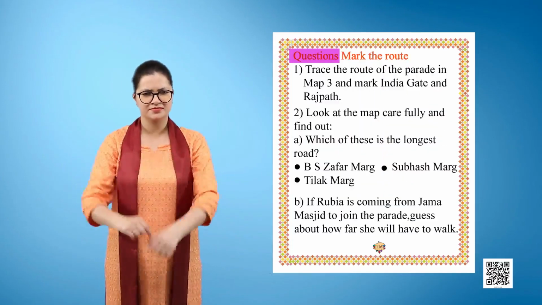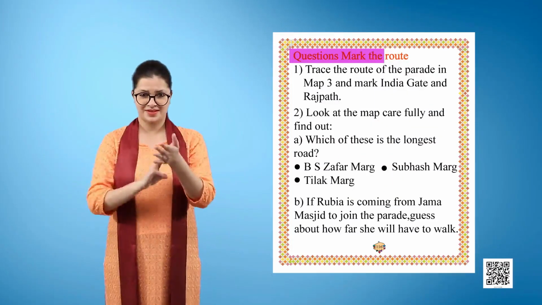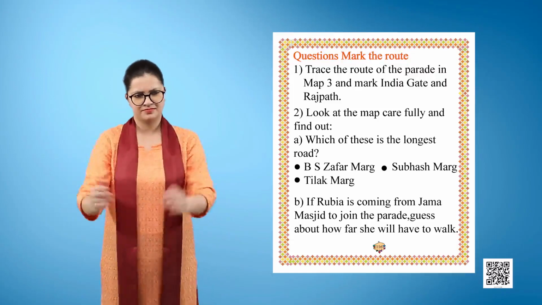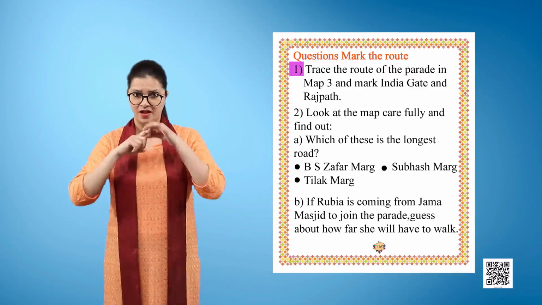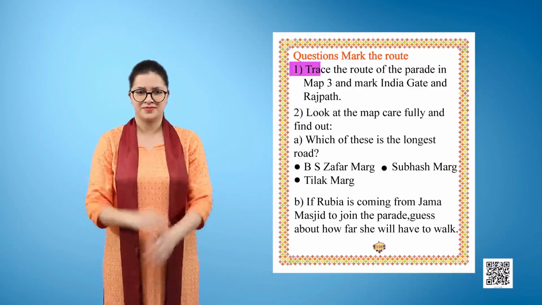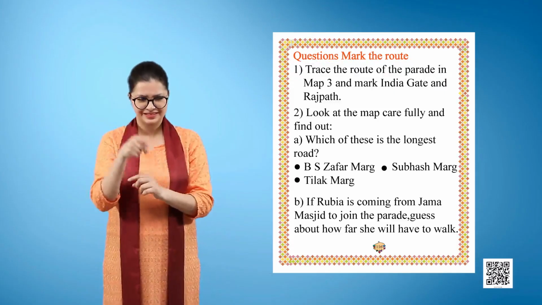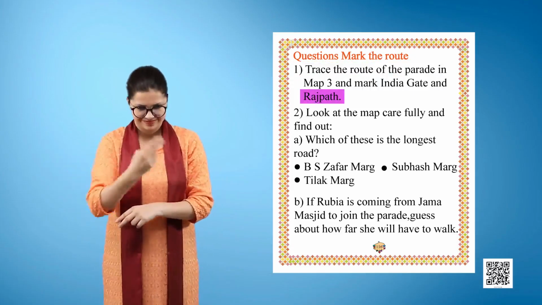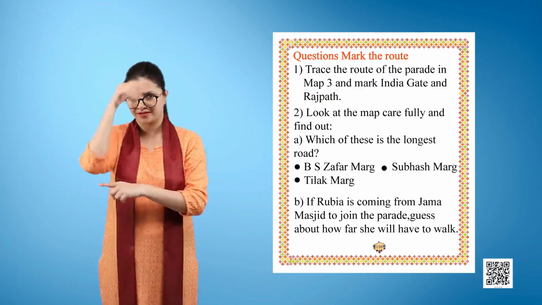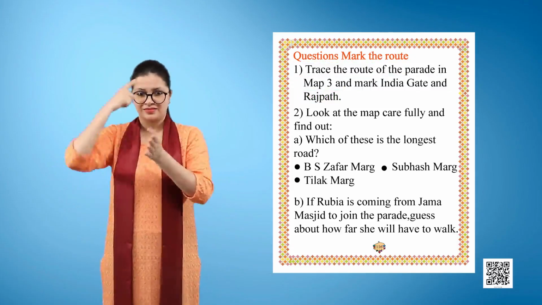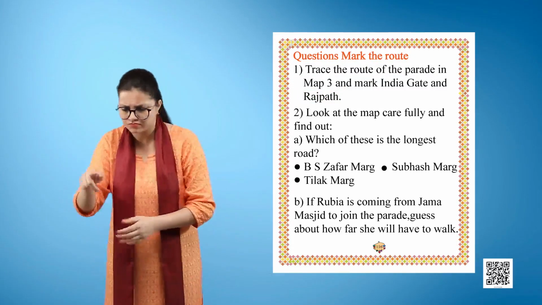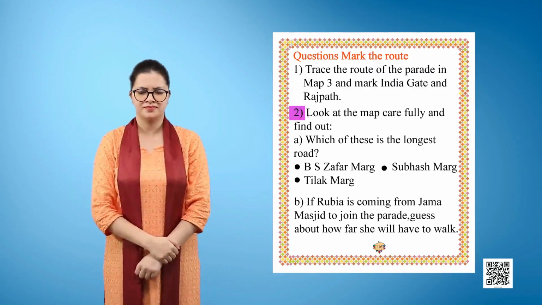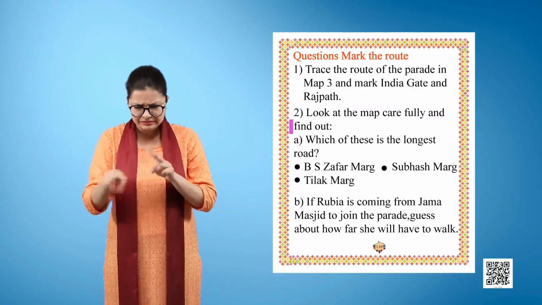Questions. Mark the route. 1. Trace the route of the parade in map 3 and mark India Gate and Rajpath. 2. Look at the map carefully and find out